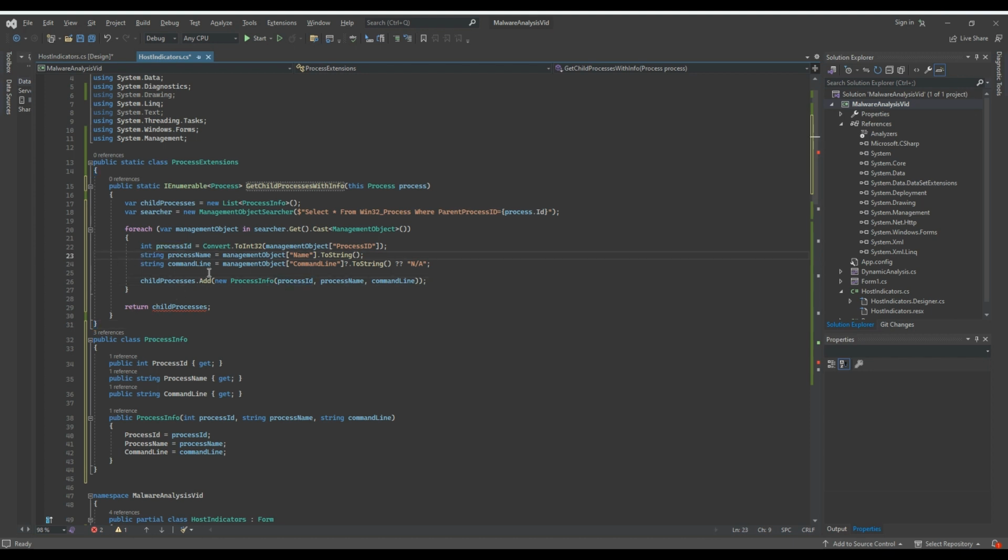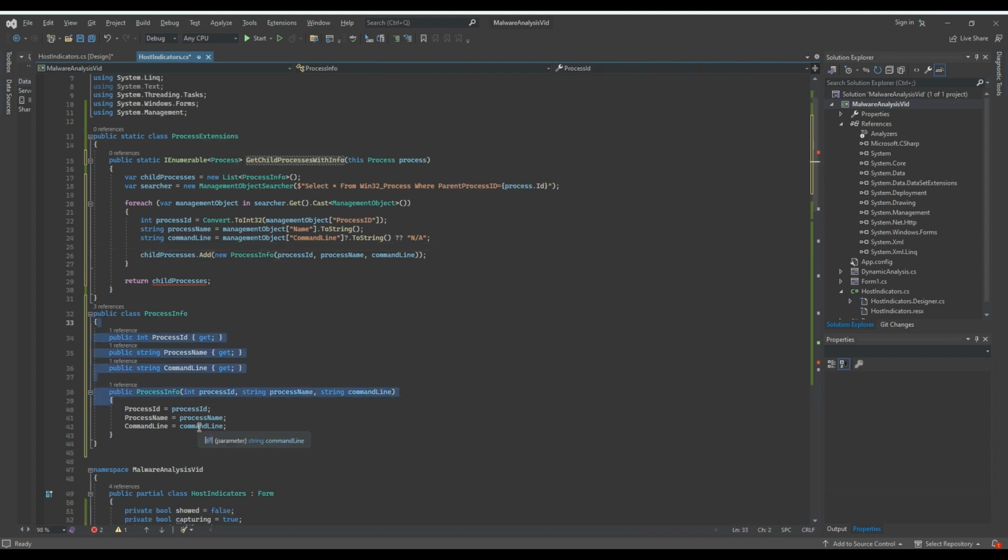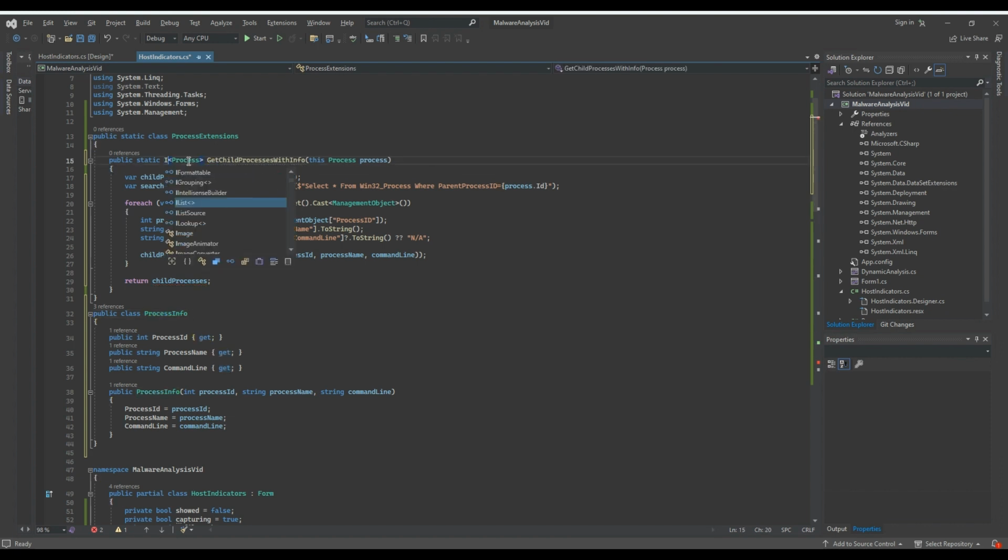All this part is doing is, when this method is called, it's accessing these parameters right here: command line, process name, process ID, and it's pretty much getting the output of those, I believe. And this should be a list,